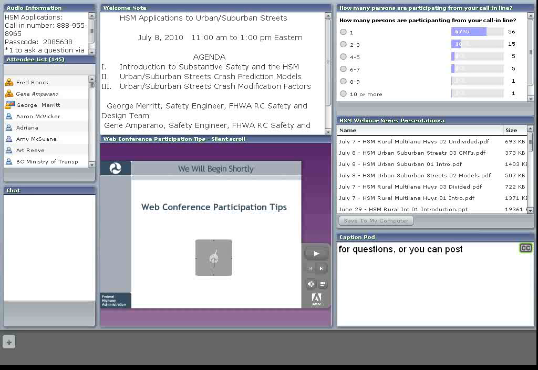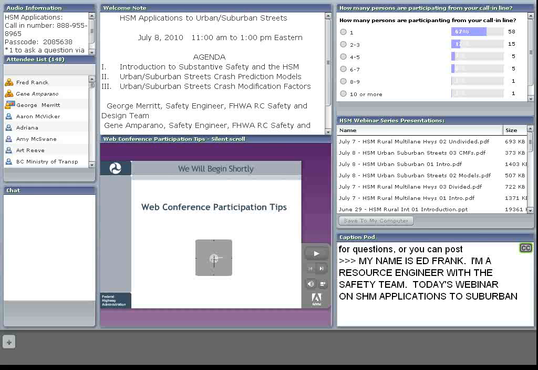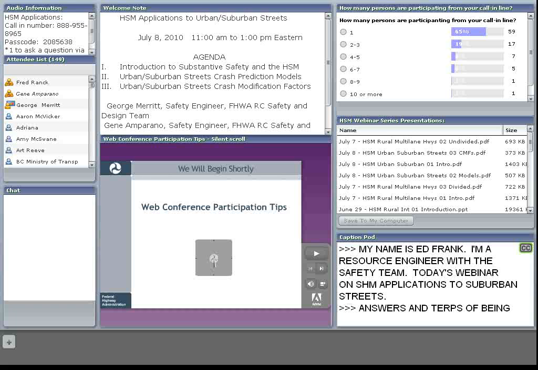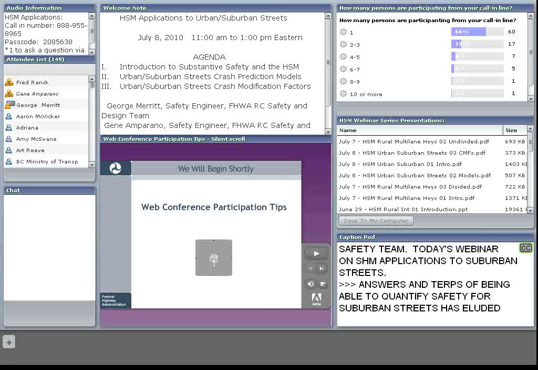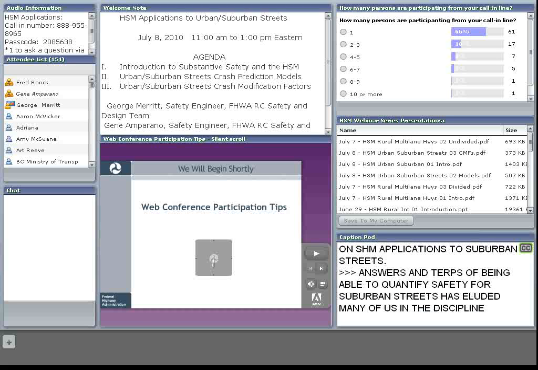Today's webinar is on HSM applications to suburban urban streets. And this is probably one of the most wonderful and rich and helpful and instructive portions of the entire Highway Safety Manual. Answers in terms of being able to quantify safety for suburban urban streets have eluded most of us in the professional transportation discipline for a long, long time. The Highway Safety Manual in Chapter 12, which we're going to cover for the segment portion of Chapter 12 today, is rich, has very robust analysis tools, and should prove quite helpful to you in your work in dealing with